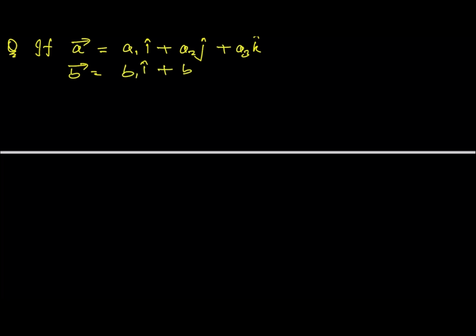Question is, if A vector is equal to A1 i cap plus A2 j cap plus A3 k cap, B vector is equal to B1 i cap plus B2 j cap plus B3 k cap, and C vector is equal to C1 i cap plus C2 j cap plus C3 k cap. Then prove that